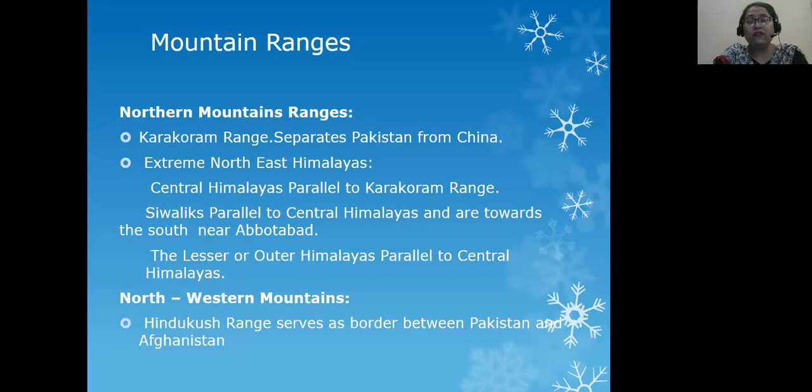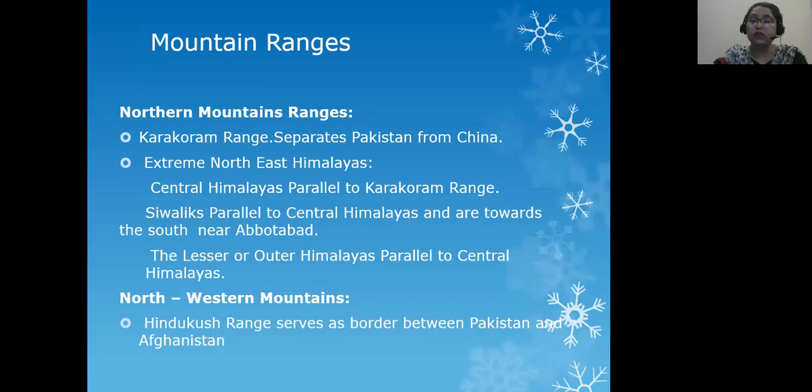Sivaliks are very much towards the south, near the city of Abbottabad. Northwestern Mountain is comprised of one range which is called Hindu Kush. Hindu Kush serves as a natural border between Pakistan and Afghanistan.